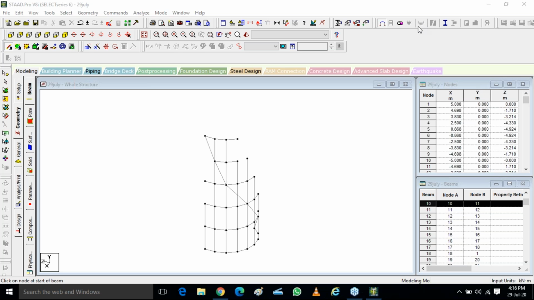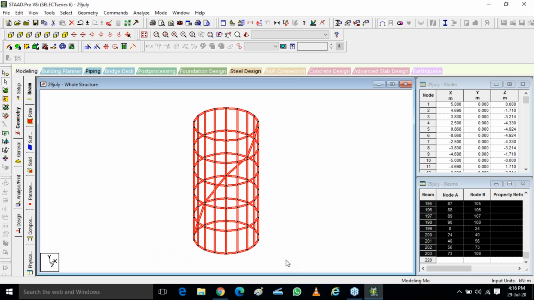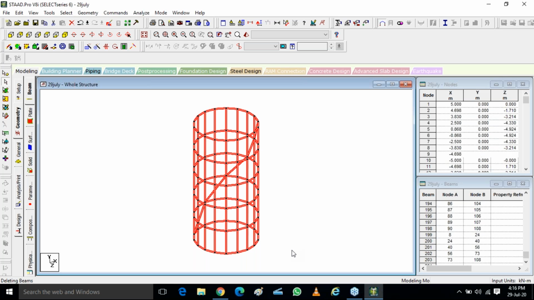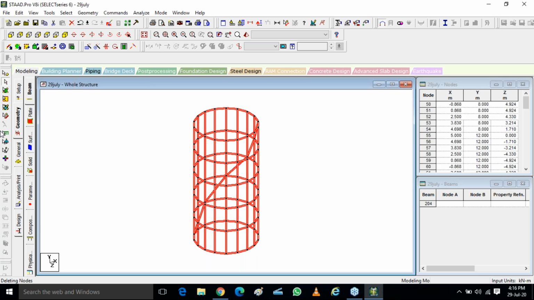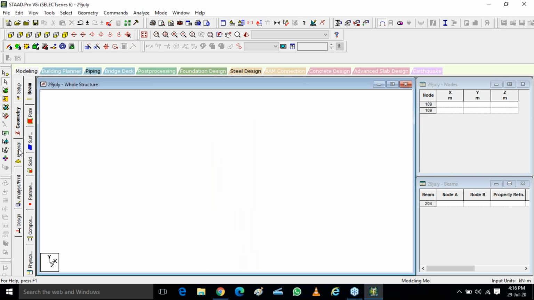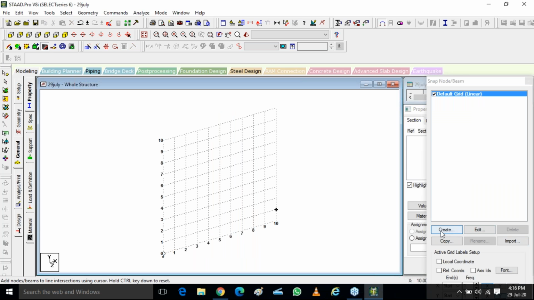Okay, great. So if you want to create the staircase in another way, I'll first of all view my whole model. I'll just draw the staircase. Okay, guys, I'm going to draw only the staircase, not the whole of it. I'll delete this model. I'll go to general, coordinates, create coordinate.